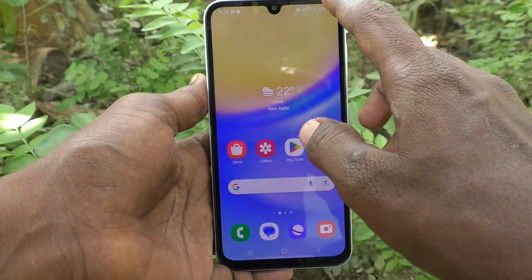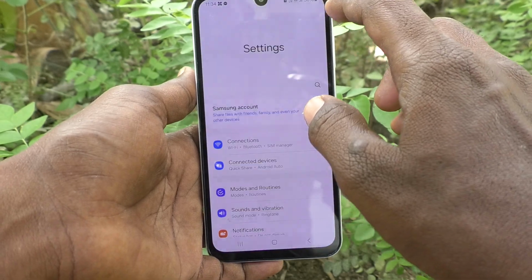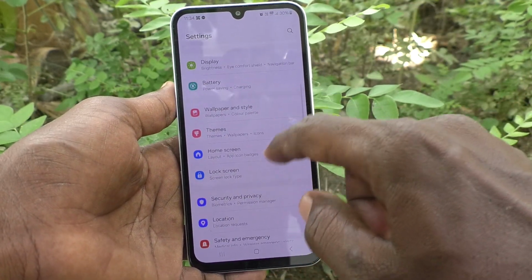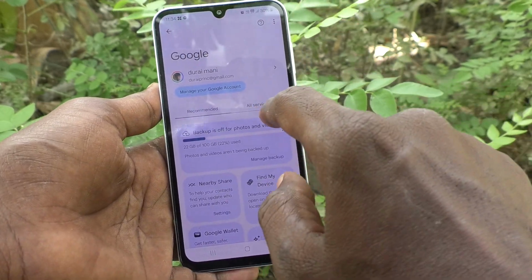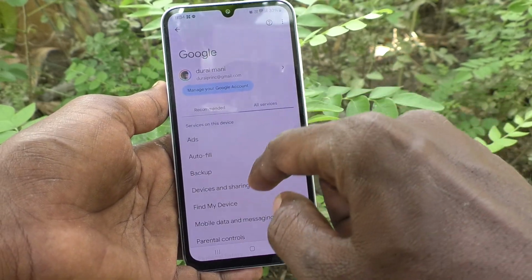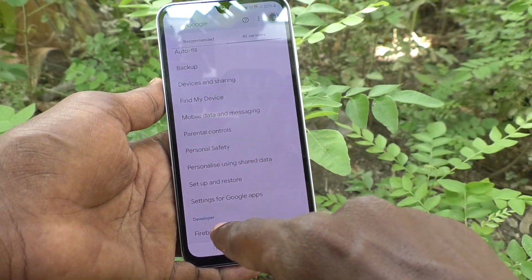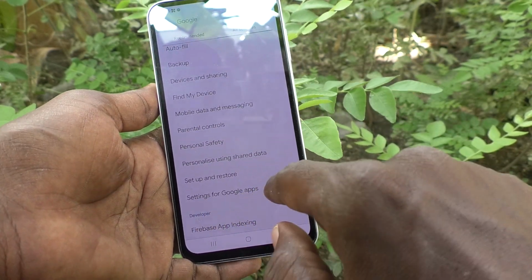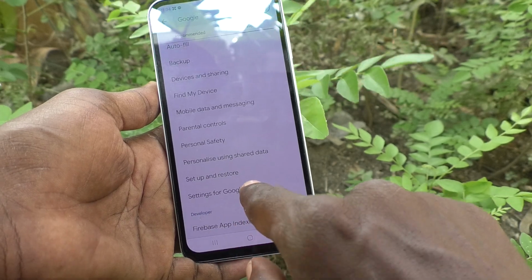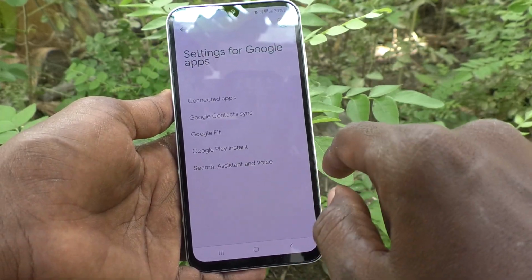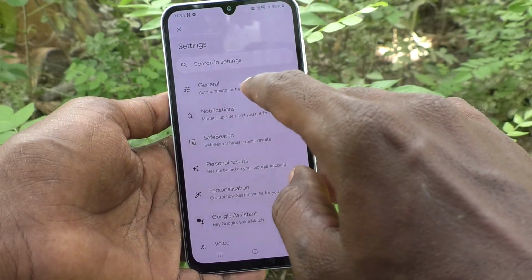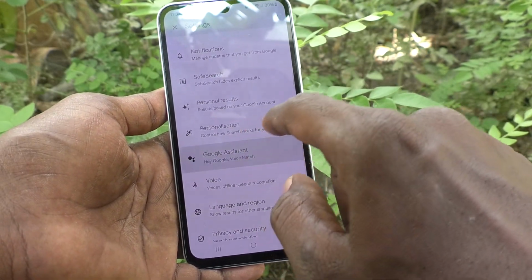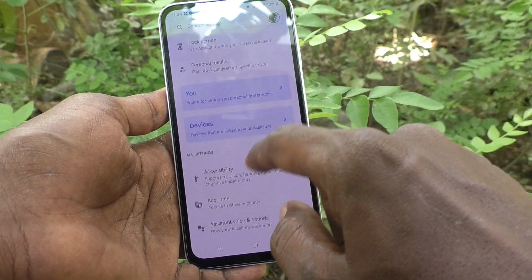First of all, go to settings of your phone here. Then go to Google. Then here go to all services and here go to settings for Google apps and here select search assistant and voice and here select Google Assistant and here select general